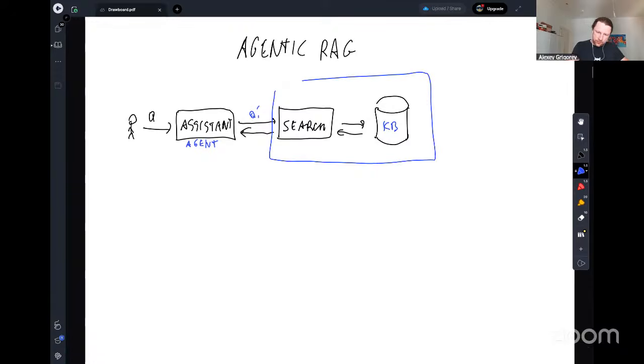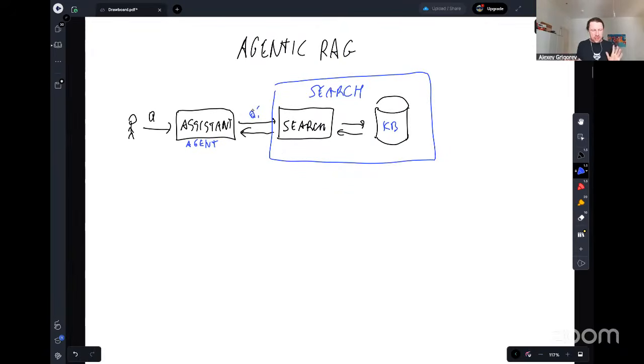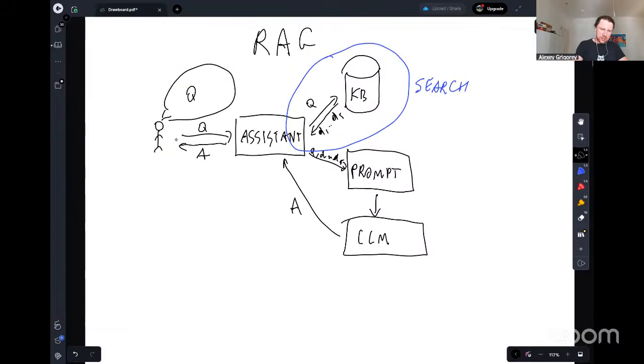search, right? So we want to know how good our search is for Agentic RAG. As for usual RAG, search is very important. That's why in the first half we'll spend really understanding how we can evaluate search. And then, yeah, this assistant is also returning an answer. Try to understand, okay, for this question, is this answer good? Like here, for this question, is this answer good? But this is something